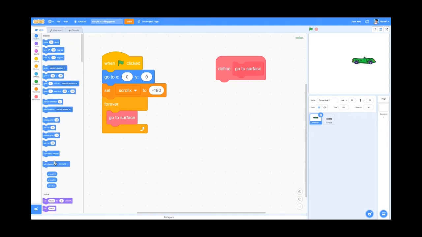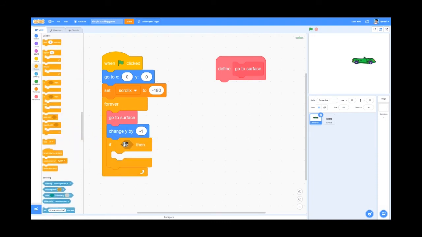change y by -1. Remember you do change y by and not set y to. There's a difference. And this has happened in lots of my projects, lots of other people's projects I've seen, that they've accidentally put set y to. Make sure it's change y by. Okay? Let's keep going. So come over here to control